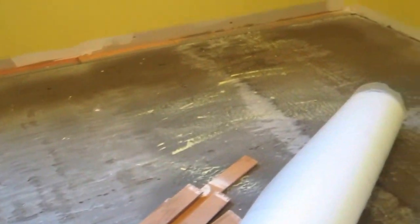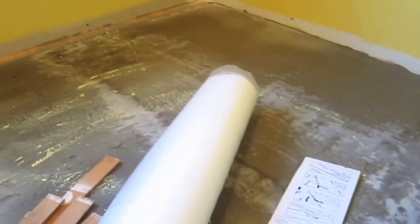I decided to paint the walls first before putting in the laminate floor, so I don't have to put drop cloths down. And I'm sorry for the sound bouncing around this room, but there's nothing I can do about that. But the manufacturer said to cover the radiant floor mat with a 1/4 inch of thin set, which I did and got it pretty smooth. It's not troweled like you would concrete, but it's smooth enough, and it's going to make a great underlayment for